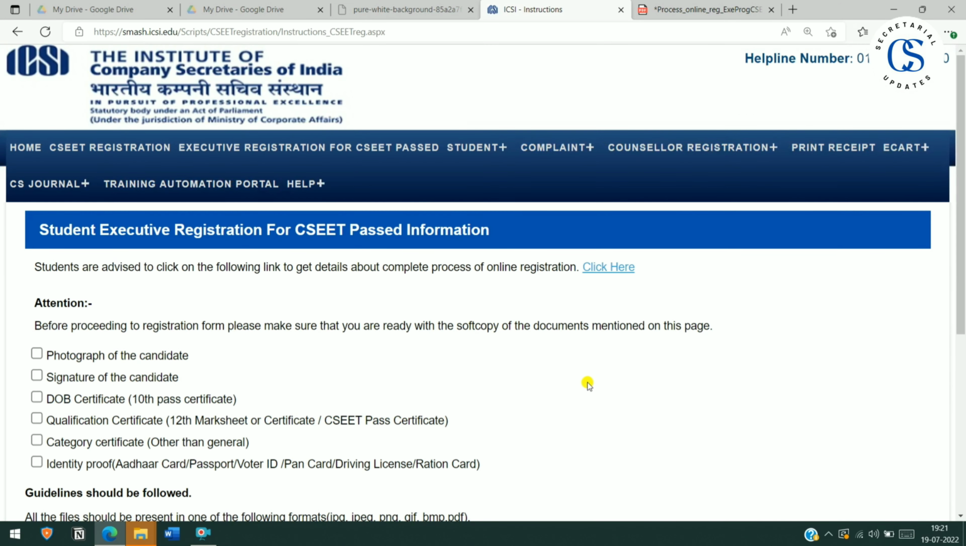Now, before proceeding to the registration form, please make sure that you are ready with a soft copy of the following documents: your photograph, signature, date of birth certificate or 10th pass certificate, your qualification certificate, that would be 12th mark sheet or CSEET pass certificate. Please note there is no CSEET pass certificate. Your CSEET mark sheet is the pass certificate. Category certificate if any, if you are General, OBC, SC, ST. Your identity proof, that would be your Aadhaar card or passport or voter ID card, PAN card, driving license or